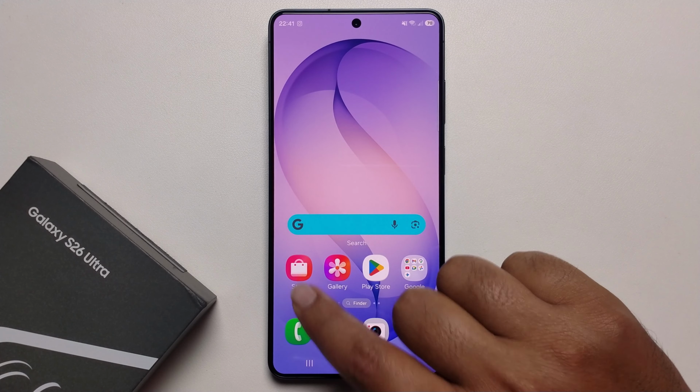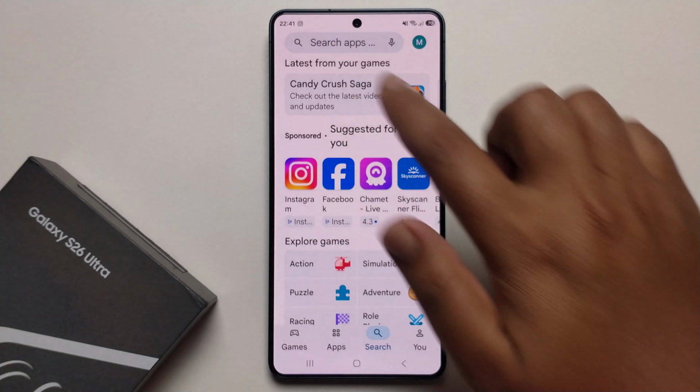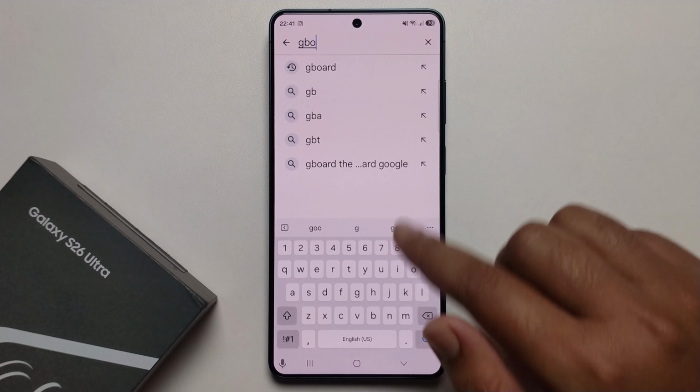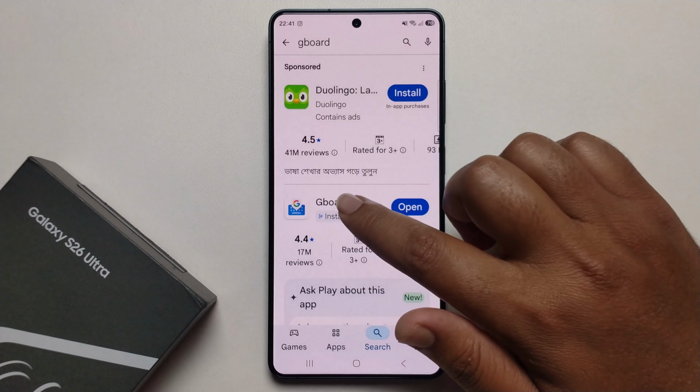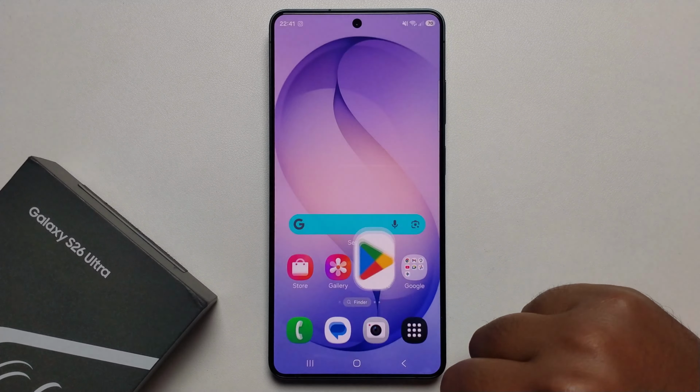Open your Galaxy Store or Play Store. I recommend you just open your Play Store. Go to the search option, search for Gboard. At first you need to install this Gboard. I've already installed this. Okay,